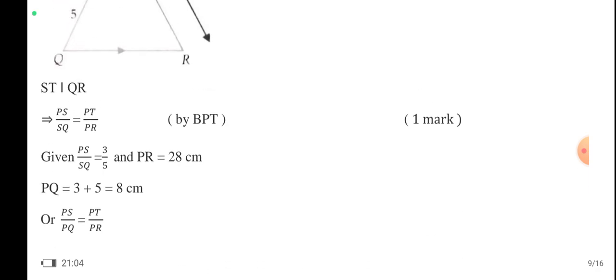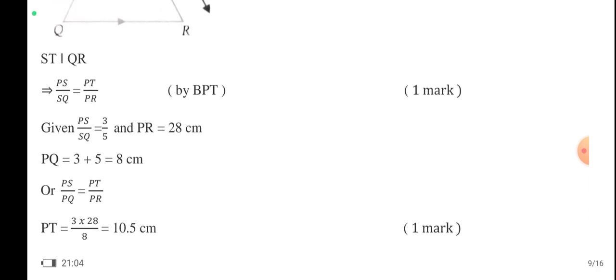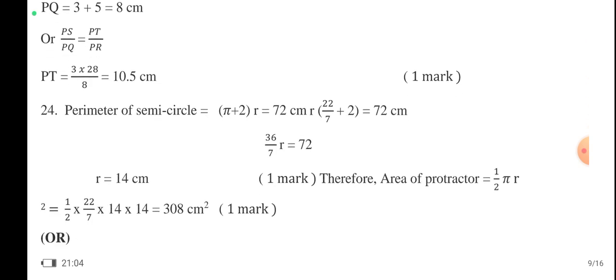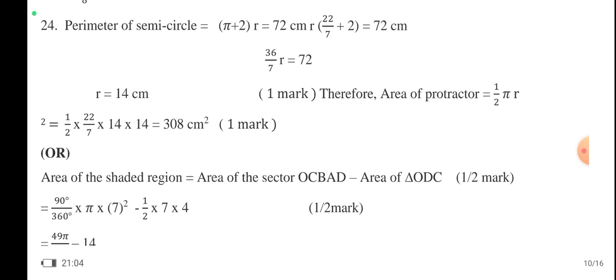Use BPT and get the value of PT, like AD by DB equals AE by EC, we will do now. Like that only, normal basics, BPT sum. Then the 24th question, perimeter of semicircle: pi r plus 2r, that is (pi plus 2) into r. Substitute it and get the value of the radius